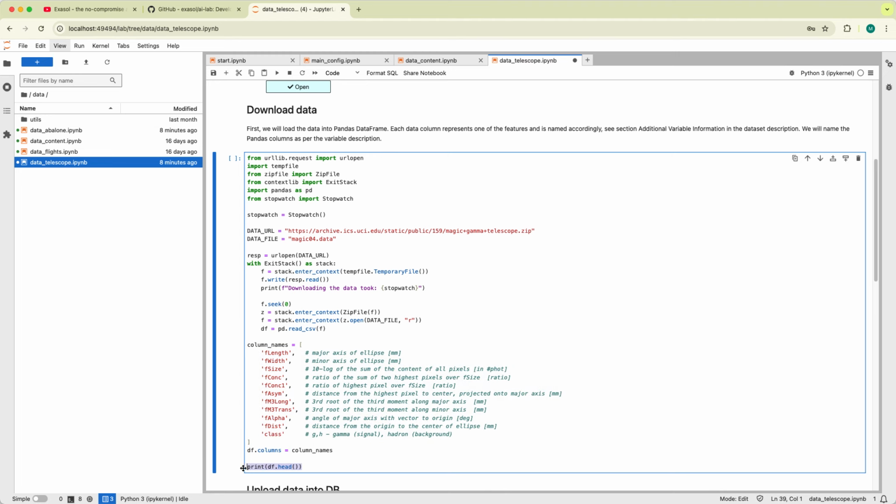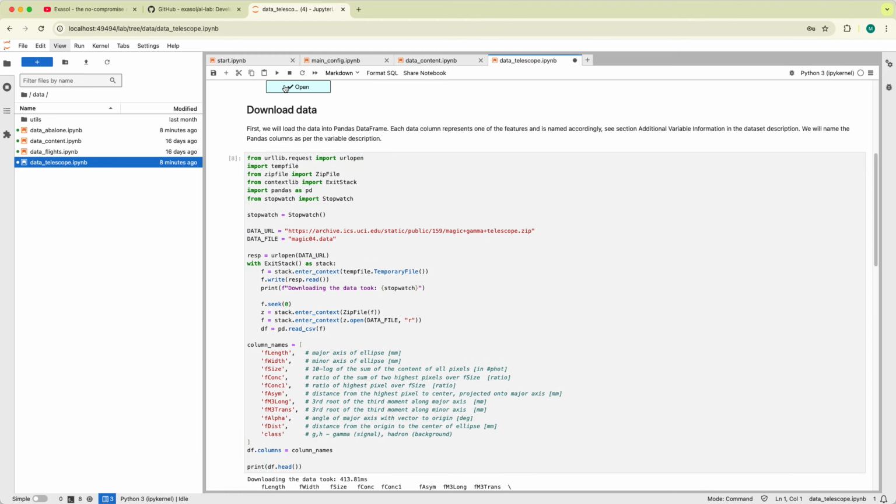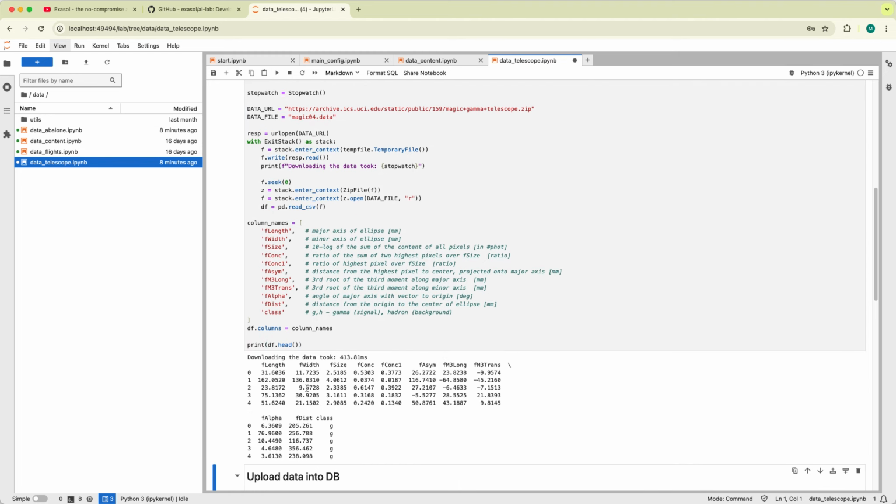And then we're going to take a quick look at the data frame to make sure that everything makes sense based off of the data that we've imported. Let's go ahead and run this code. You can see here are the column names that we specified, as well as some sample data, so we can take a look and make sure everything makes sense. Great, so now we have the data in AI Lab,